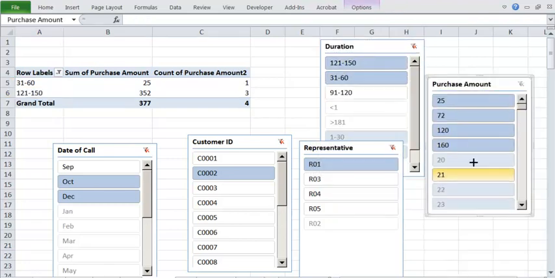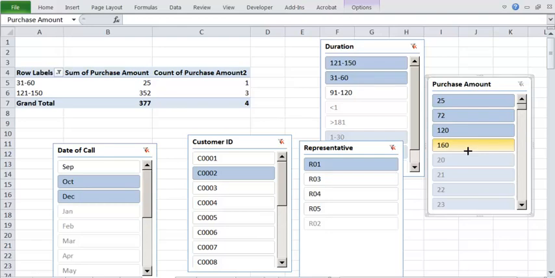So you can also put the filter based on the purchase amount. Note that since we have not done any grouping of the purchase amount, these purchase amounts are not coming in the group form. So you may want to get into a group form purchase amount. That is what you can do. So this is your slicer.